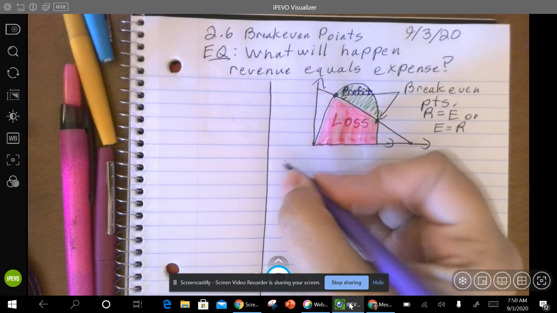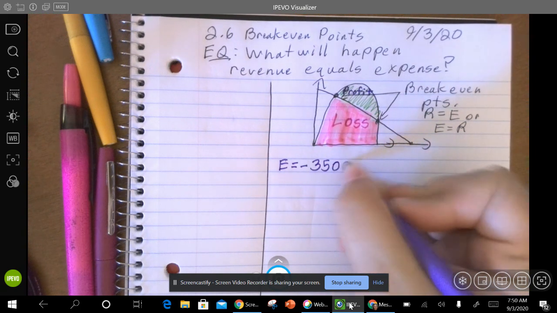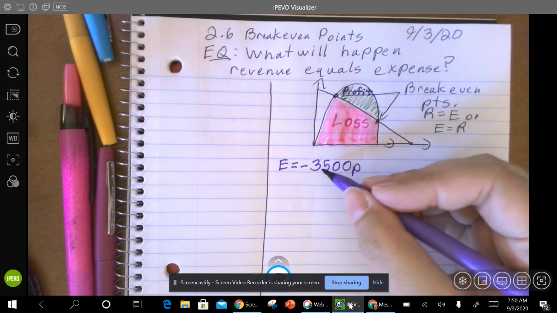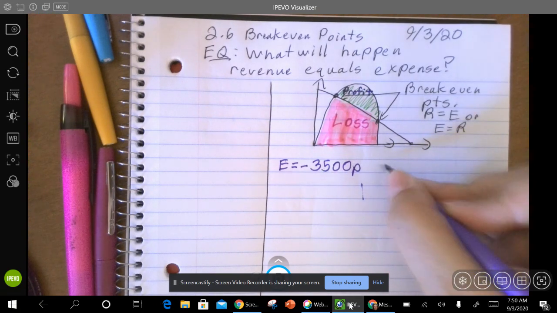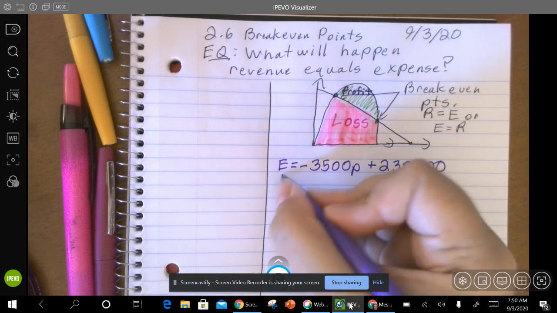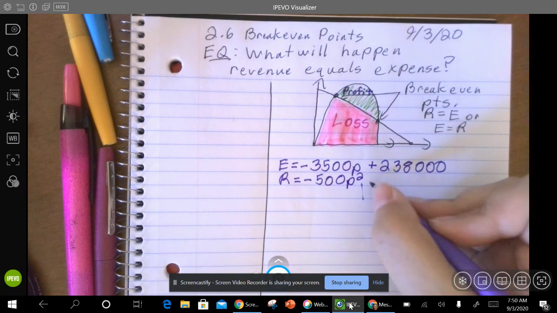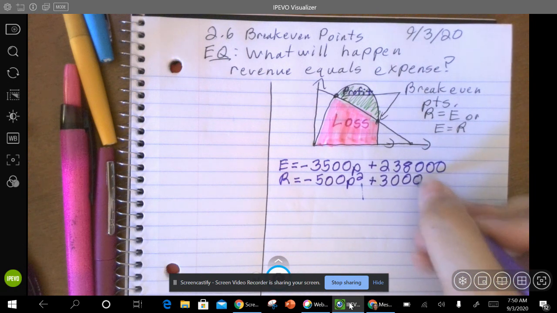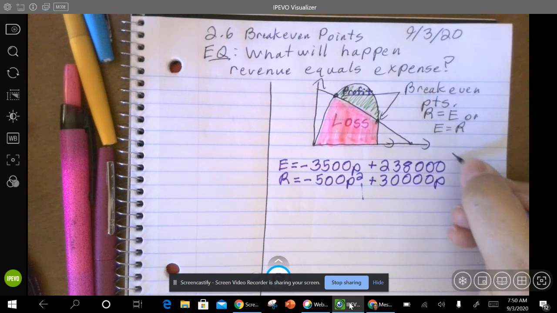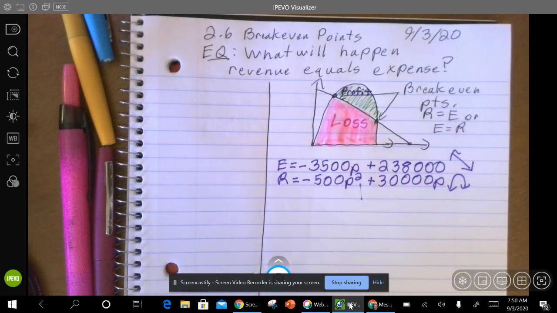Okay, so we're going to have revenue and expense. The expense is going to be equal to, this is Picasso Paints again, I like our painting, negative 3,500 P plus 238,000. And then the revenue is going to be equal to negative 500 P squared plus 30,000 P. Expense, everybody remember, is the linear equation. Revenue is our rainbow, an upside down parabola. Our a coefficient is negative. Okay, so for Picasso Paints,